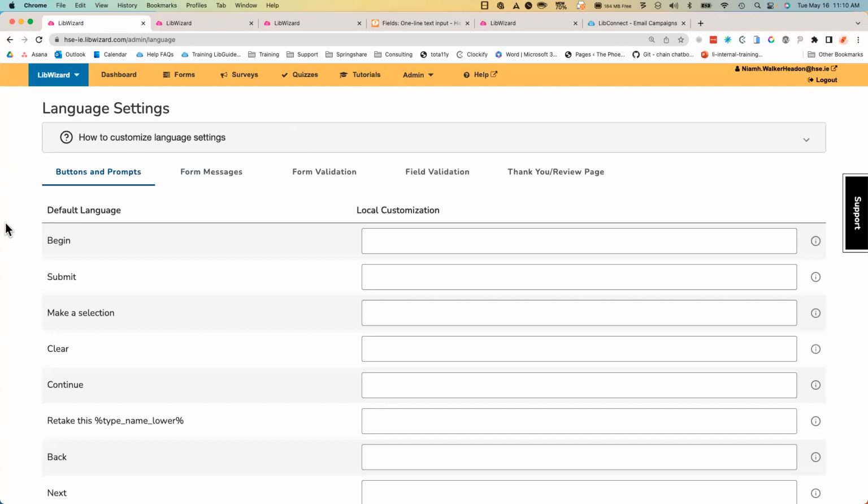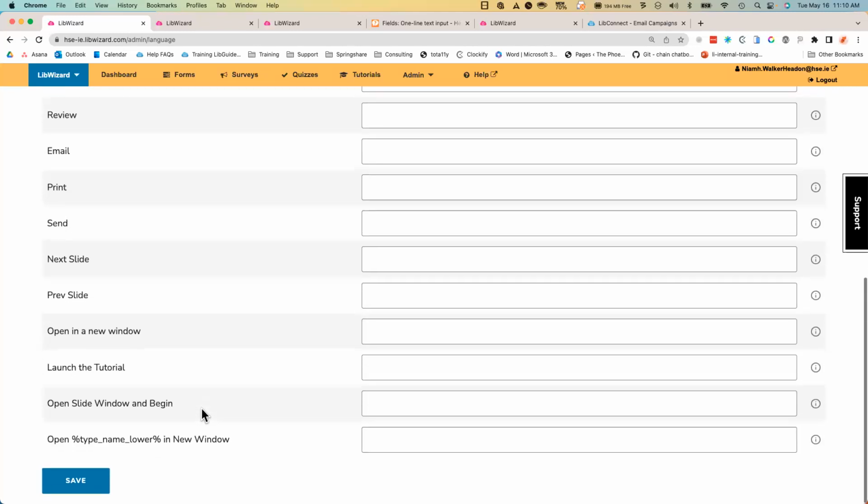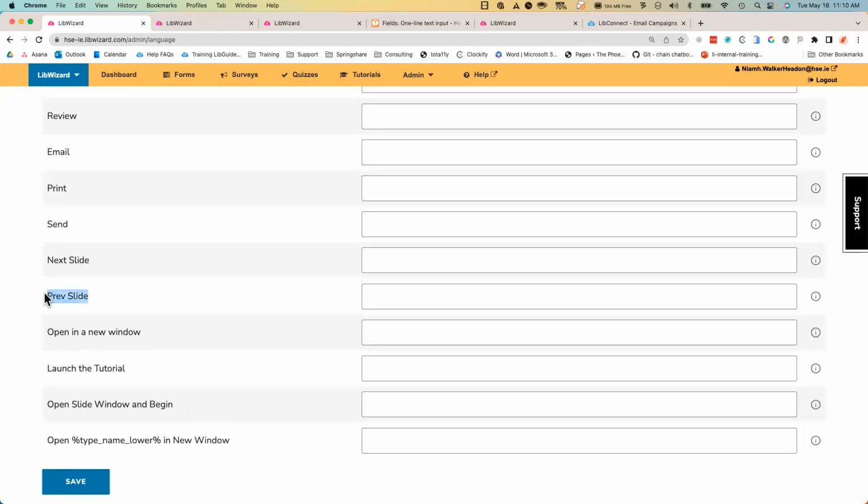Any changes made here by admins in the language settings area are applied site-wide, so they're not for individual forms and surveys. But if you wanted to change that button that says begin for all of the forms, surveys, and quizzes in your site, you could customize that here, as well as any of this other system-generated text like previous and next,